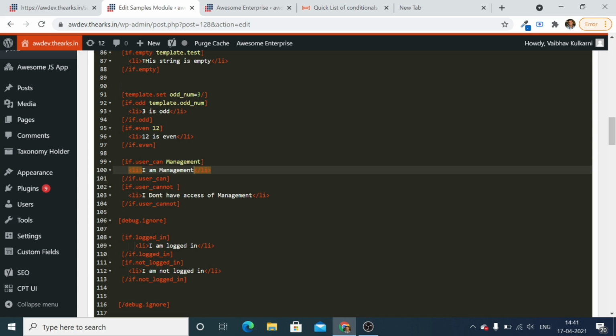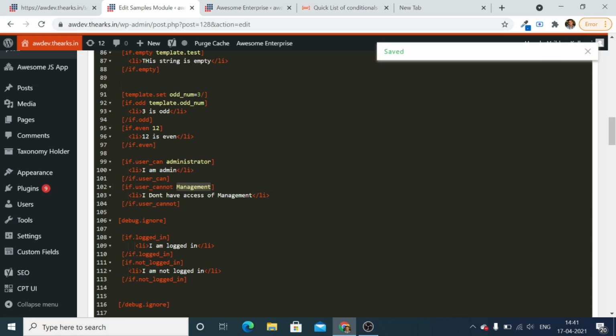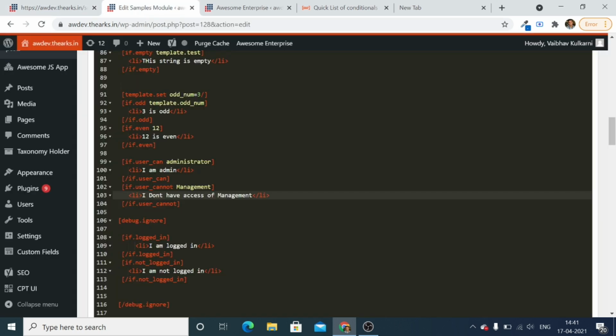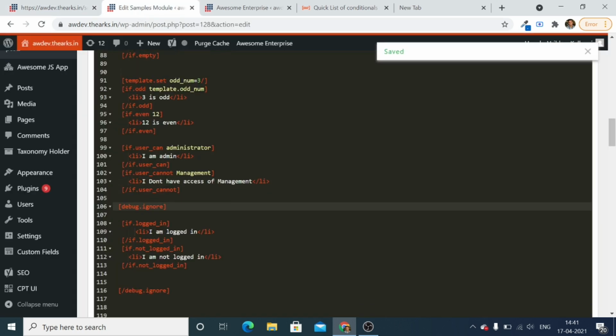If the user doesn't have access of management, then it will show I don't have access of management. So let's go back and check. As this user has a role of administrator, it is showing I am admin, and this user doesn't have a role of management, so it is showing I don't have access of management. So this is how the condition works.